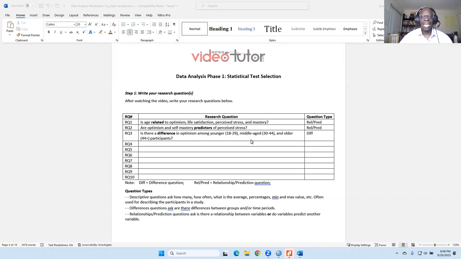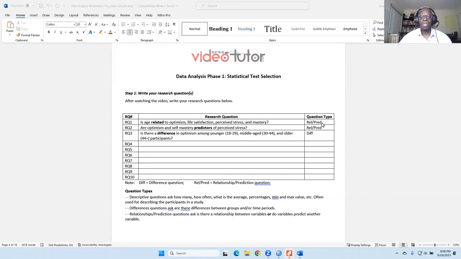The first thing we had to do was to determine what kind of research question we were working with. Was it a relationship question or was it a difference question? The terminology or the definition of the question types is on this page.